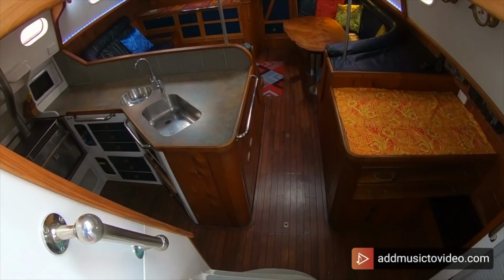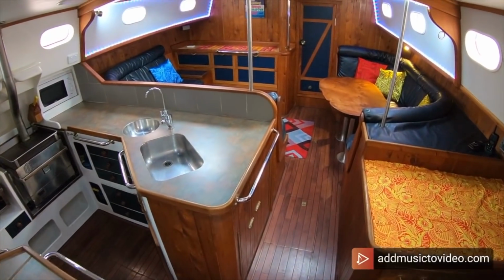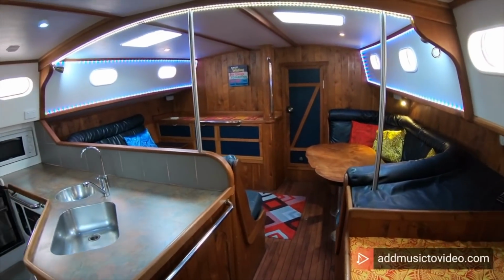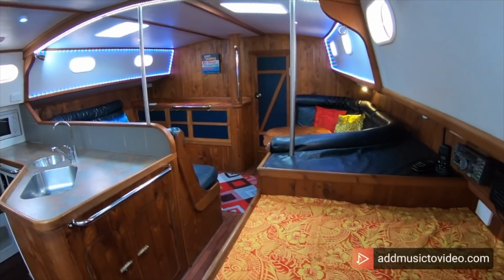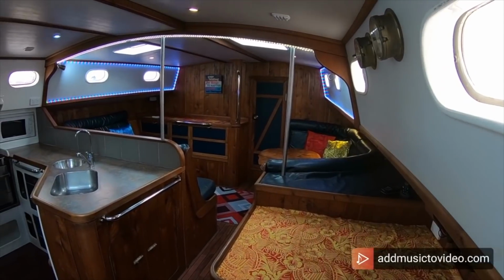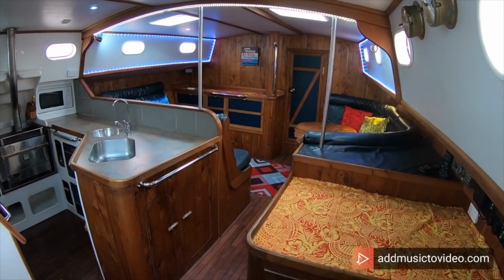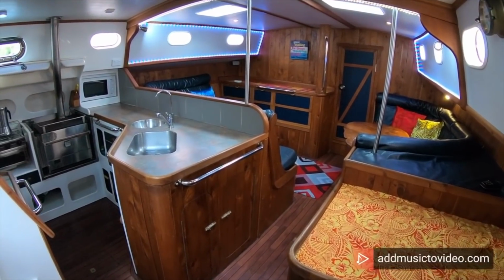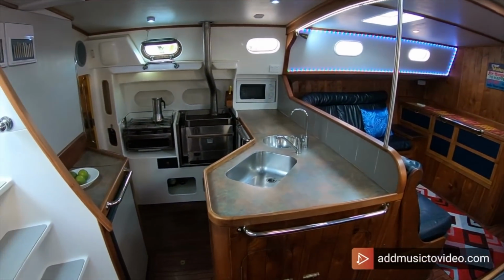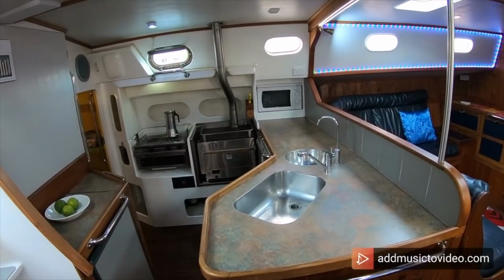Into the heart of the boat. That's the galley and the navigation table and the salon, all one big room. Vertical handholds everywhere. Lots of LED lighting. Through the galley